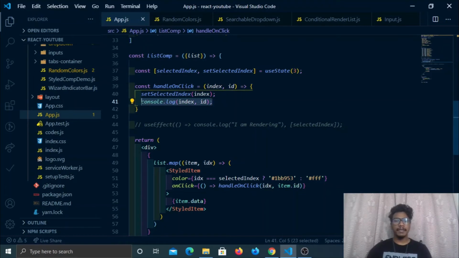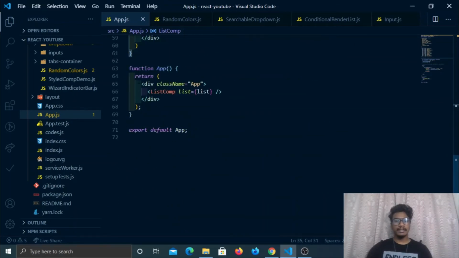Here I am able to get the object's ID that the user has clicked, but this is the list comp, and it's being called in the app component. So if I want to get it at this level, I can pass an anonymous function and then trigger it.